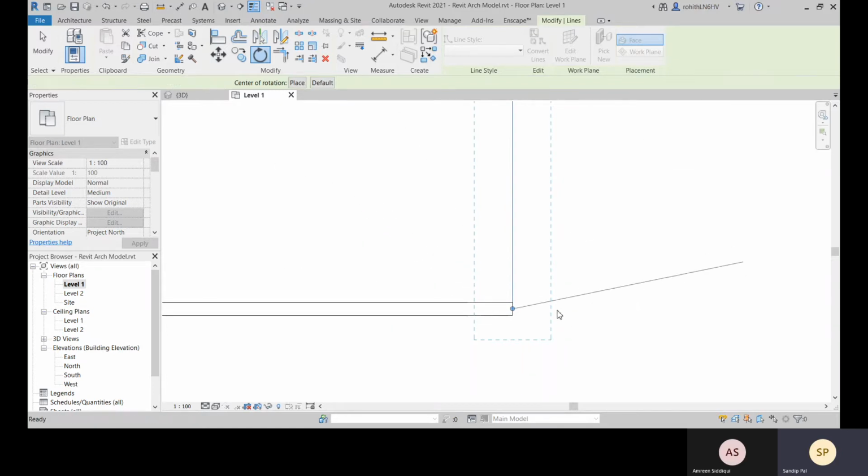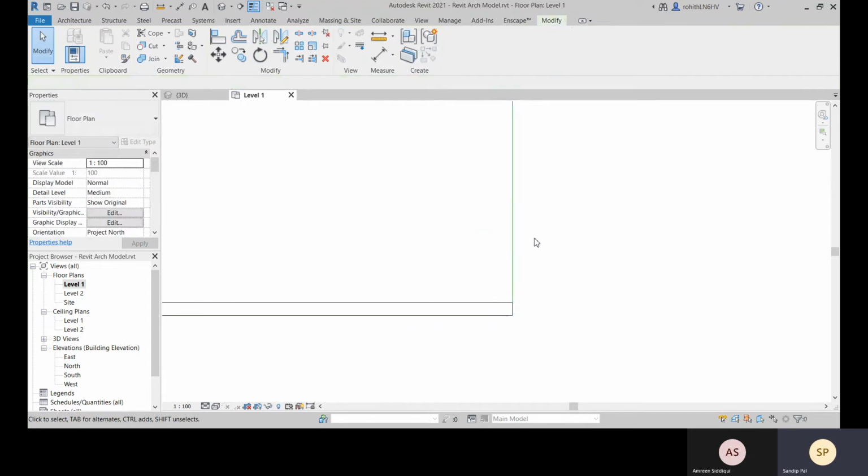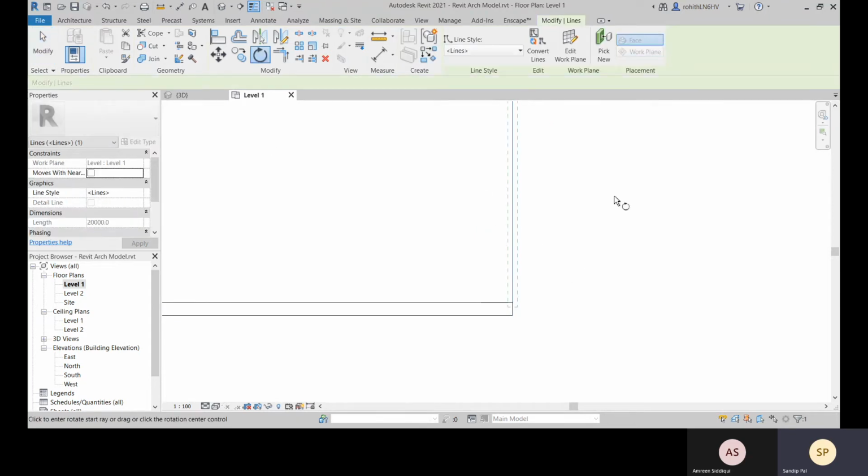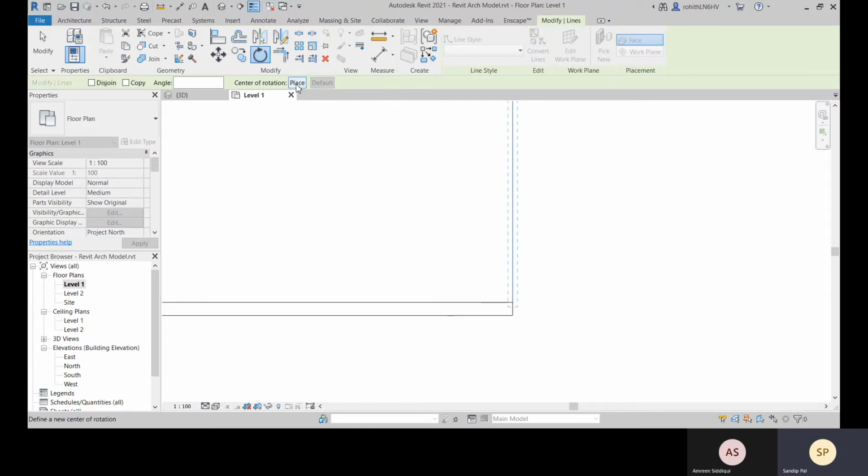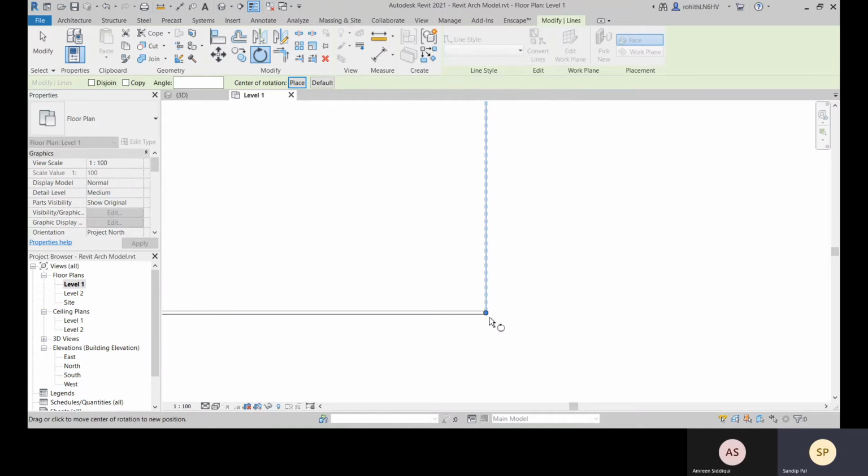Or else you select this object, go for rotate, click on this place and click on that point and it will be placed. So these are the ways to specify the center of rotation, and then you specify the start direction, and then how much angle you want. With the mouse pointer you can specify it, or you can simply type.